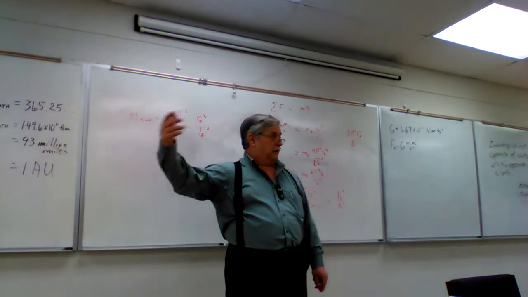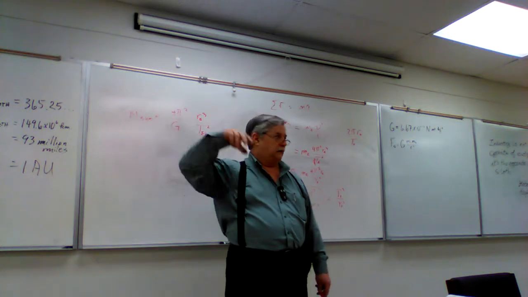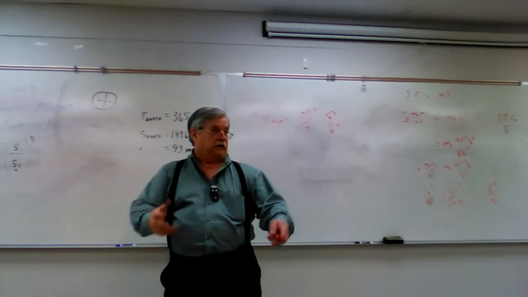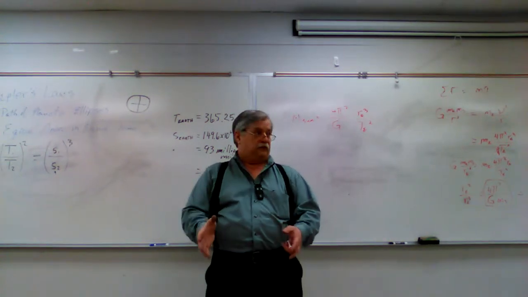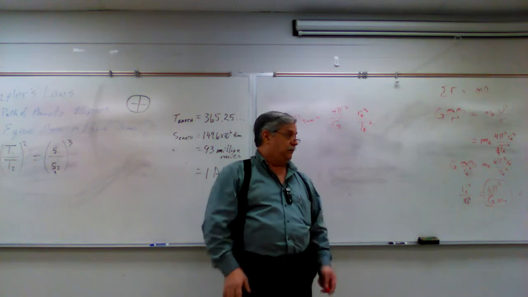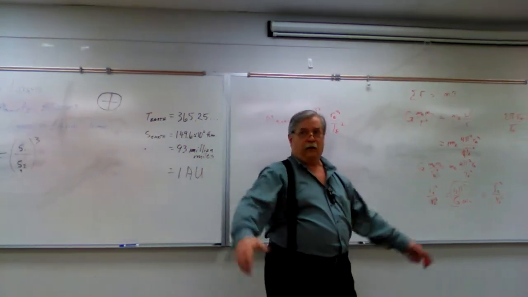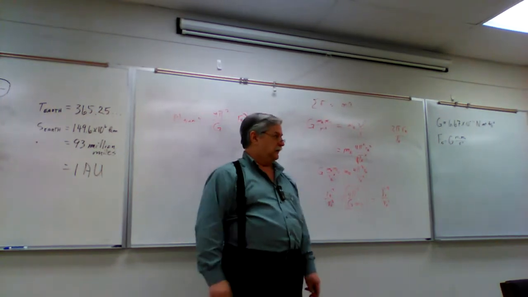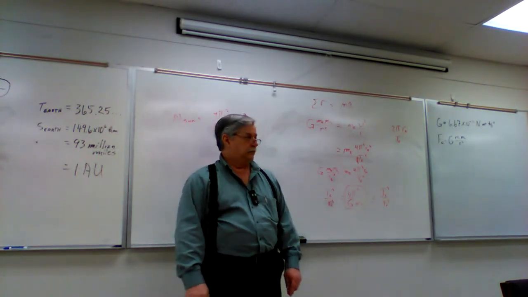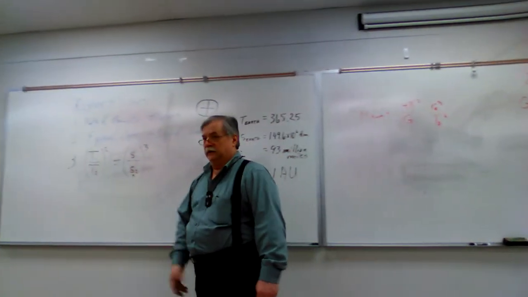They discovered Uranus because of the effect it had on Saturn. They calculated and said, well, if it really does exist, then this is where it should be. And they pointed their telescope in that direction, and sure enough, there was this big old honking planet sitting out there at the edge of the solar system that they'd never noticed before. And by doing the same thing, they discovered Neptune